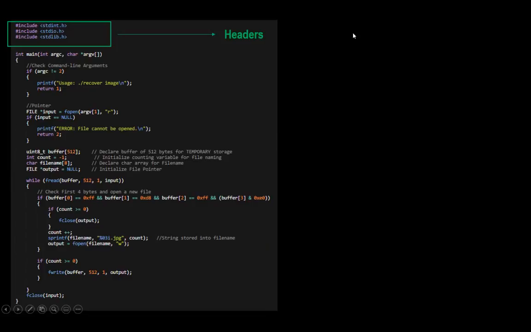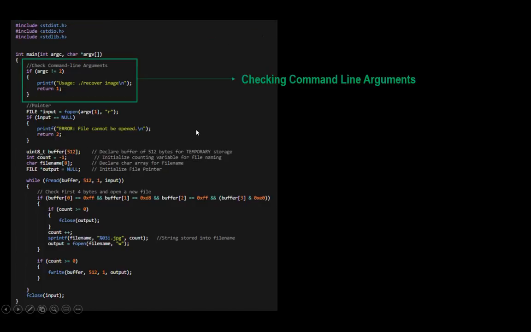If we dive deeper into the first section, we see that here we have the headers. Basically, these are the libraries we are importing, and this has to do with the compiling. These libraries have the machine code of all the functions that we are using in this program. Then we need to check and make sure that the user has provided a raw file that we're going to